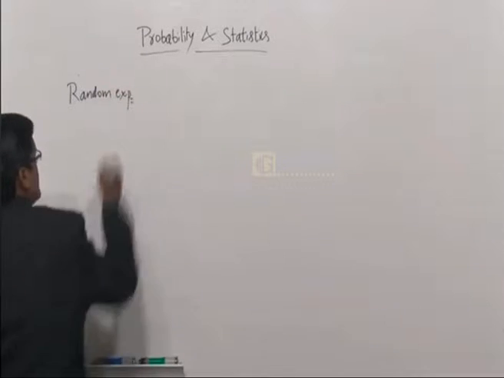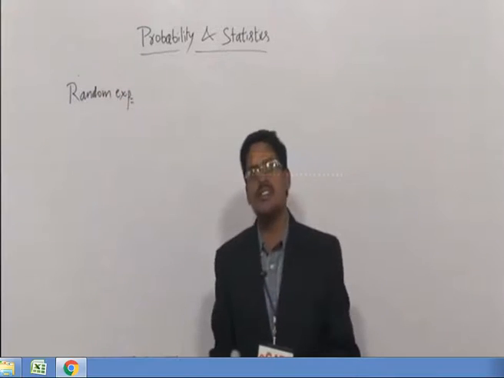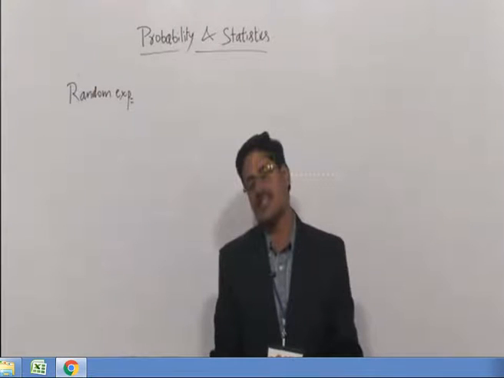A random experiment is an experiment in which three conditions are satisfied. First condition, all the outcomes of the experiment are known in advance. What is the meaning of all the outcomes being known in advance? Suppose you are seeing a game,